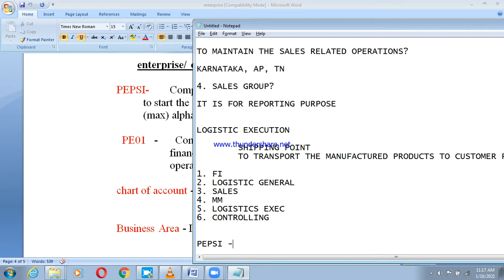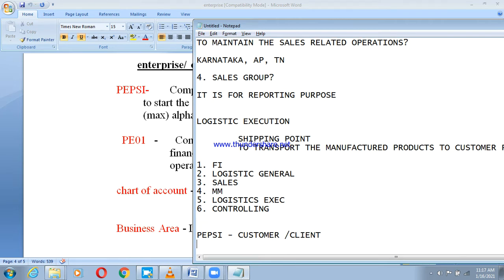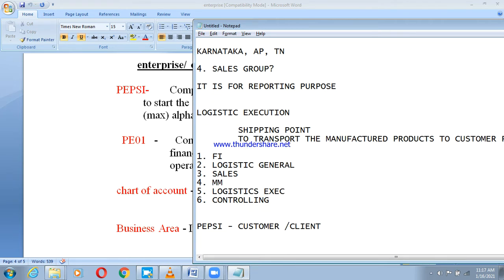Pepsi is my customer or client. So we are going to start the configurations by creating all these things. Client, and under Pepsi they are going to produce so many products, or they are having 3-4 entities or different types of business. So say example, they are into